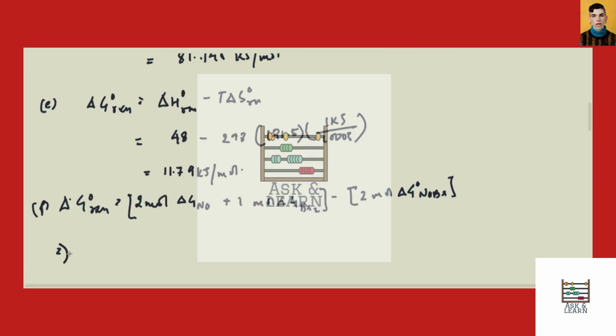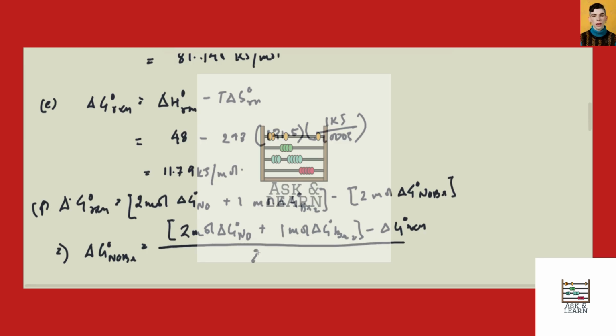So rearranging this for delta G naught NOBr, we have 2 moles delta G naught NO plus 1 mole of delta G naught Br2 minus delta G naught reaction upon 2 moles,